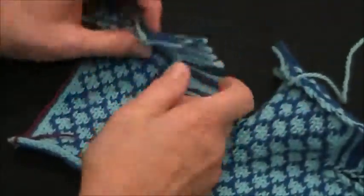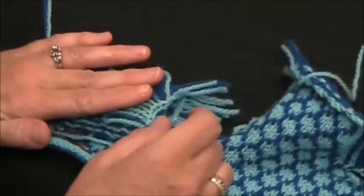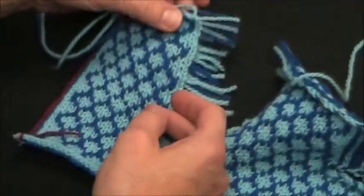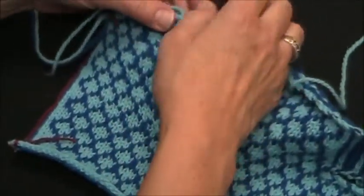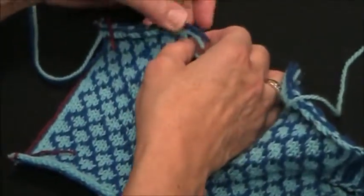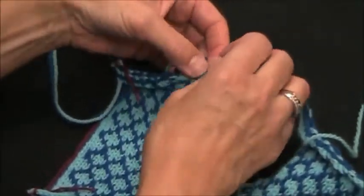They will either have to be turned on the inside back and woven in along the back, or they're going to have to be tied off in pairs. So if you wanted to tie them off in pairs, you would just take two that are adjoining and tie them in a little